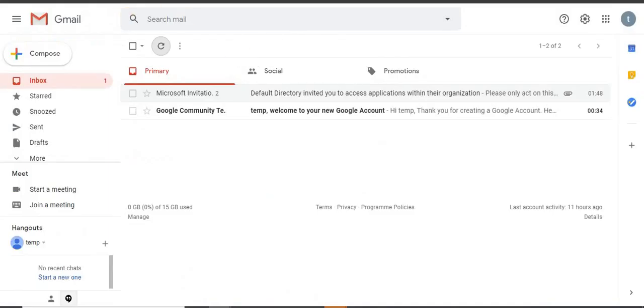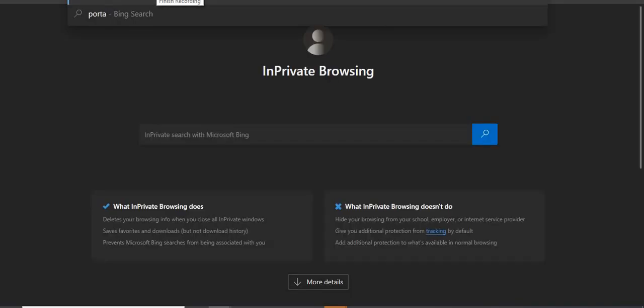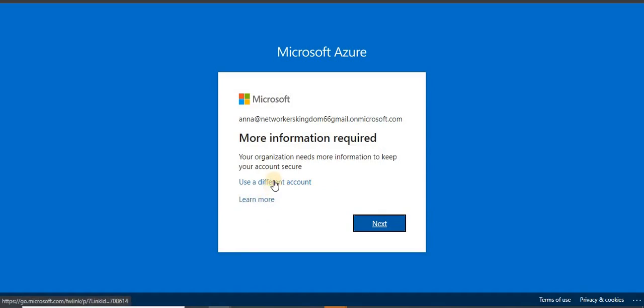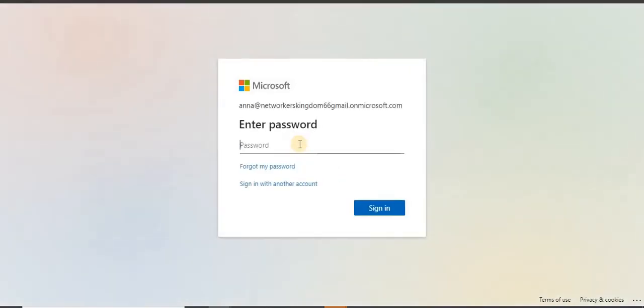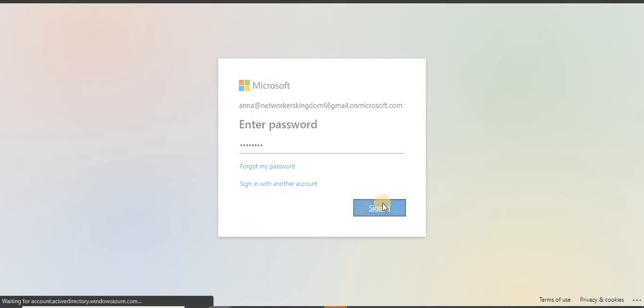Let's log in to portal.azure.com. You can see it is asking for more information. Let me type the password and sign in.